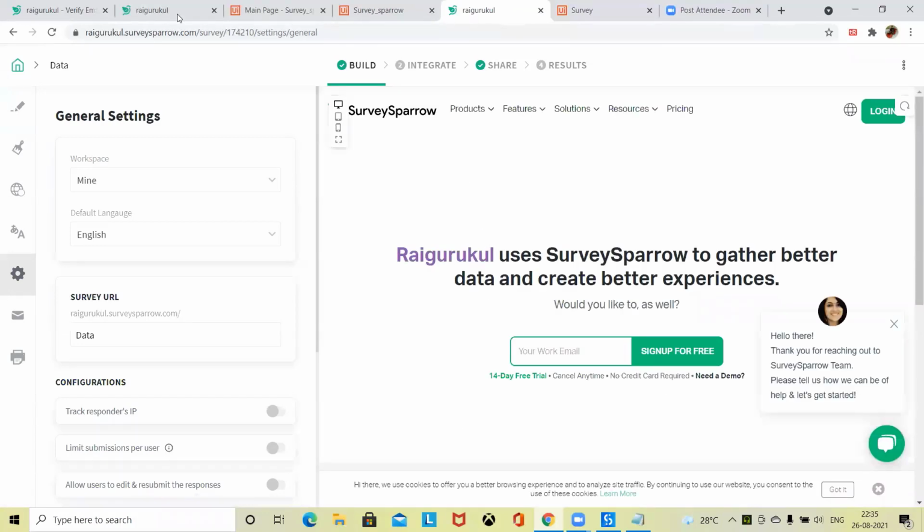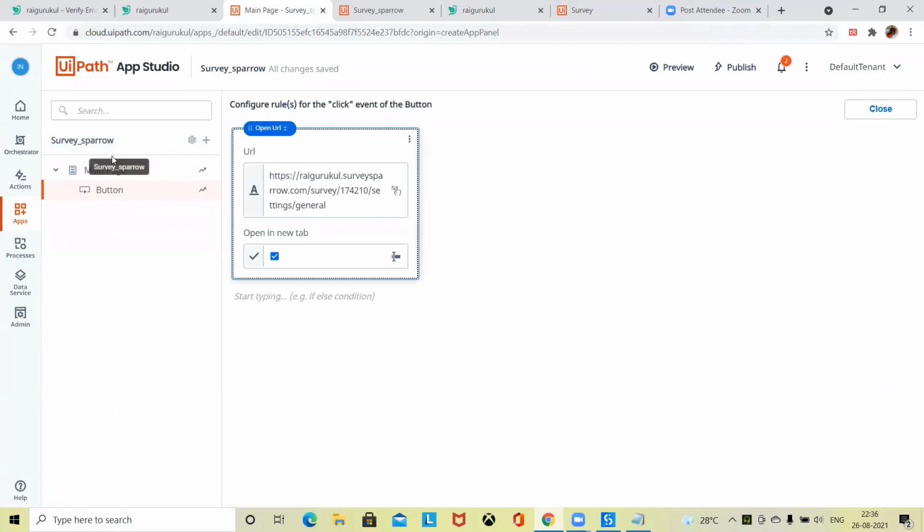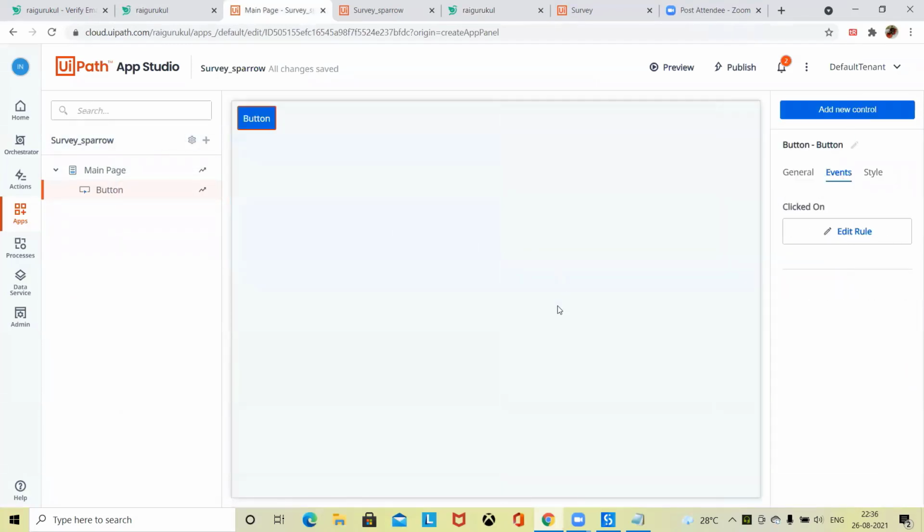This way, we can build any number of surveys or chat surveys using Survey Sparrow, which is very helpful while creating a flow or integrating inside any UiPath application, which will help us complete our task. Once we create this app, maybe we can integrate it inside any project or any organization's requirement, which will be very helpful for the HR team to get data from employees related to the employee onboarding process and different other aspects. It is very simple.